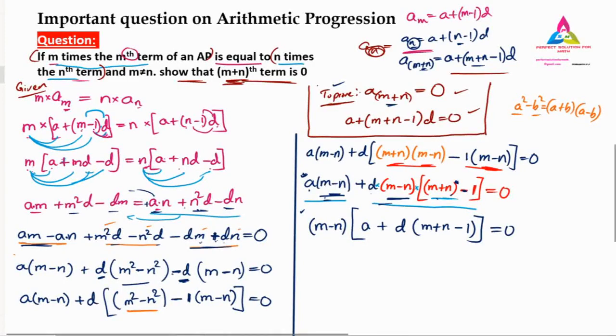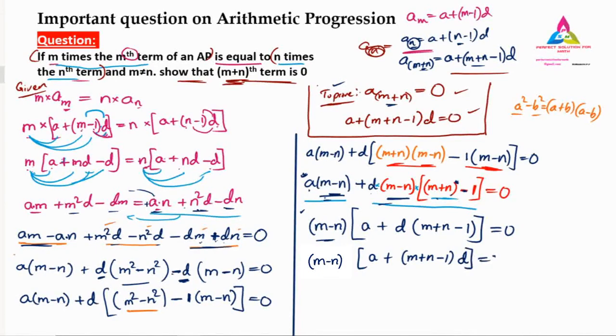Now what I will do is rearrange this. The m minus n we have, we will write down as it is. Afterwards we will shift that. So here we have a, I will write down as it is, plus m plus n minus 1 I will write down first, then d, that is equal to 0. We can change that because here you have multiplication, so I can write d afterward.